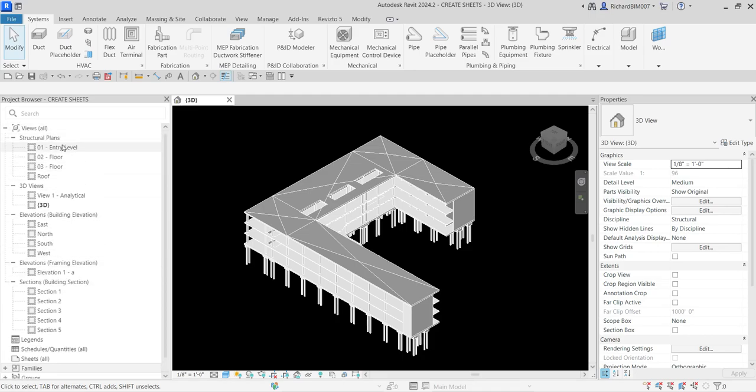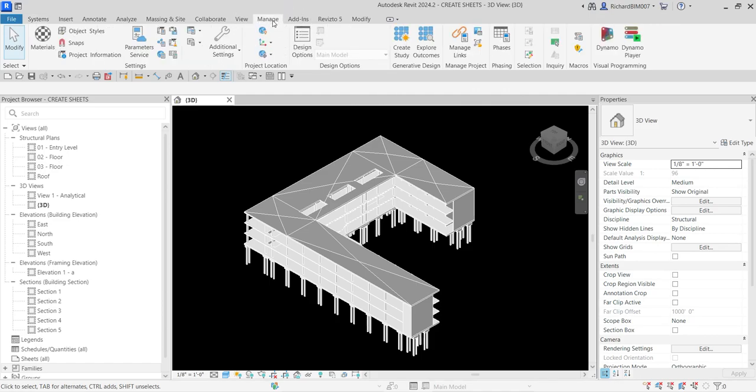In our case, we already have all the floor plans, the 3D view, elevations, and section views. Another thing we're going to do is add some information about the project before we create the sheet. So let's go to the Manage tab, and then let's look for